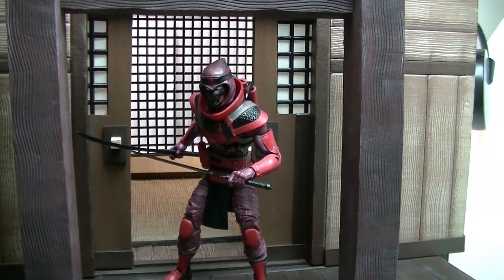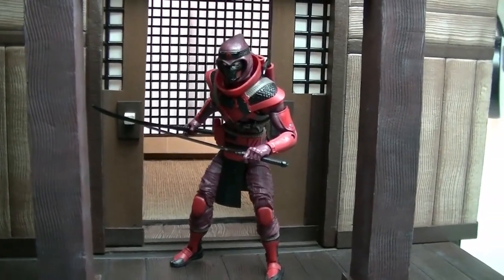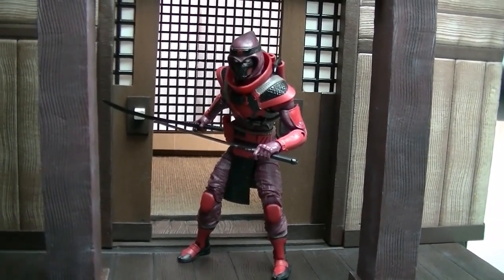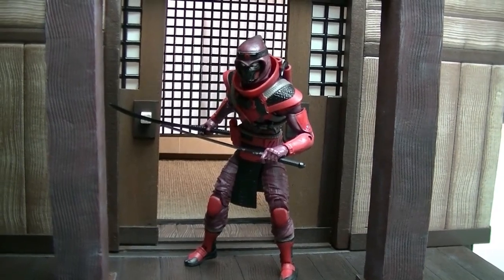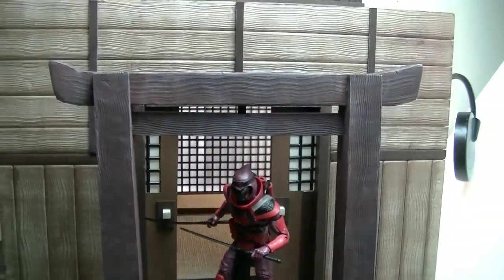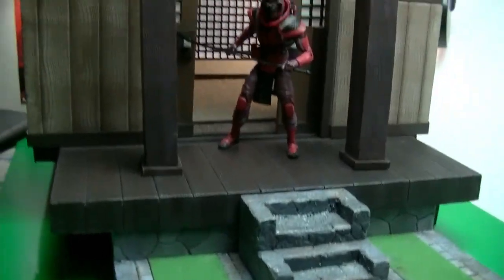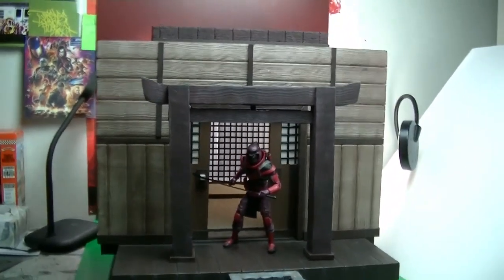Well, I finished this. Let me backtrack here. I finished this pretty much before the new year, but went back today and did a couple of extra things, so I'll say I finished it officially today. So it's my first finished diorama of 2021. What we have here is